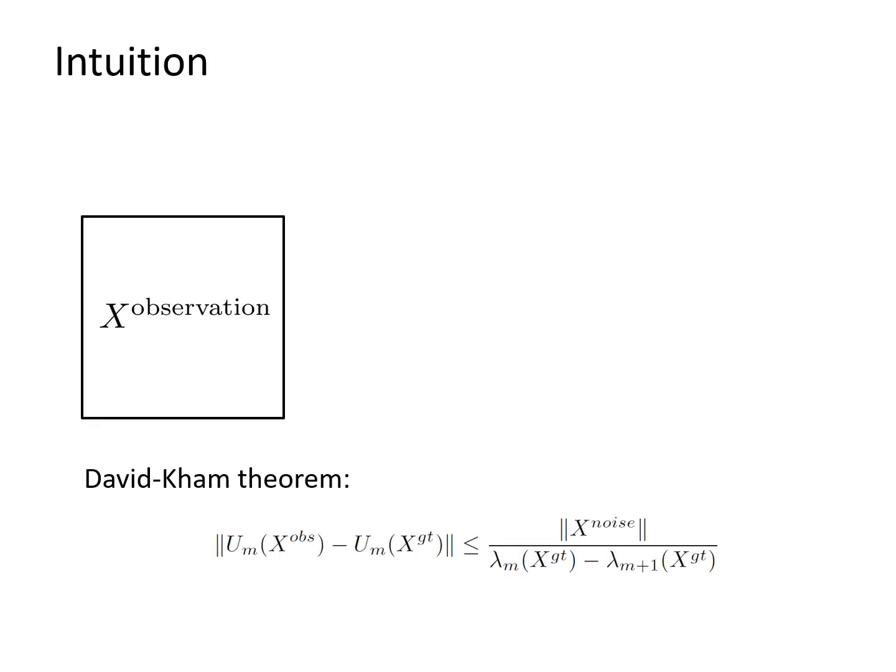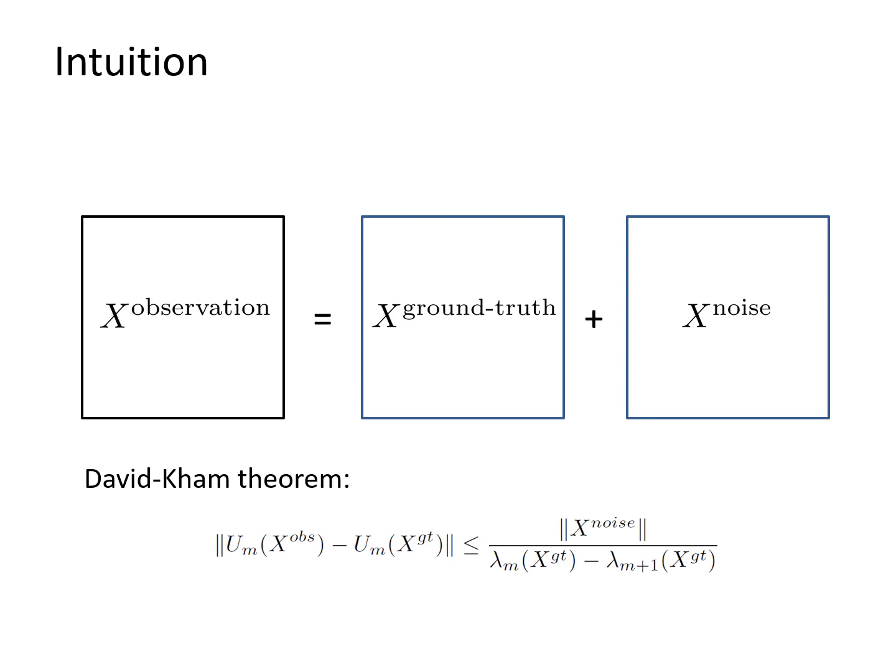So for recovering, in fact, another equivalence says that it is a low-rank matrix. So in this regard, there are many other optimization strategies for recovering the underlying ground truth map. For example, one widely used one is called spectral map synchronization. So the intuition is the following, right? So we can decompose X observation, which is the input, as the sum of the X ground truth plus some perturbation, which is encoded